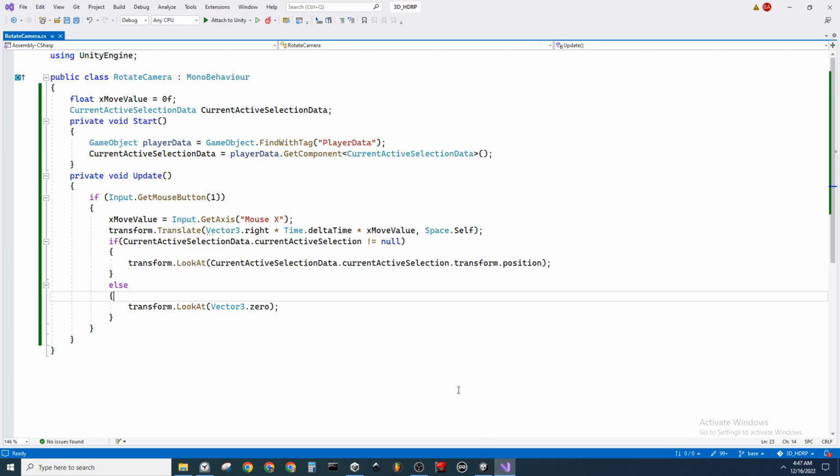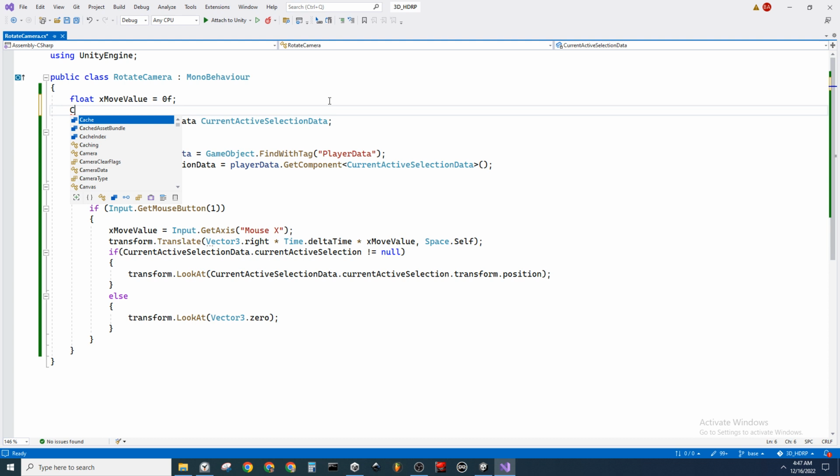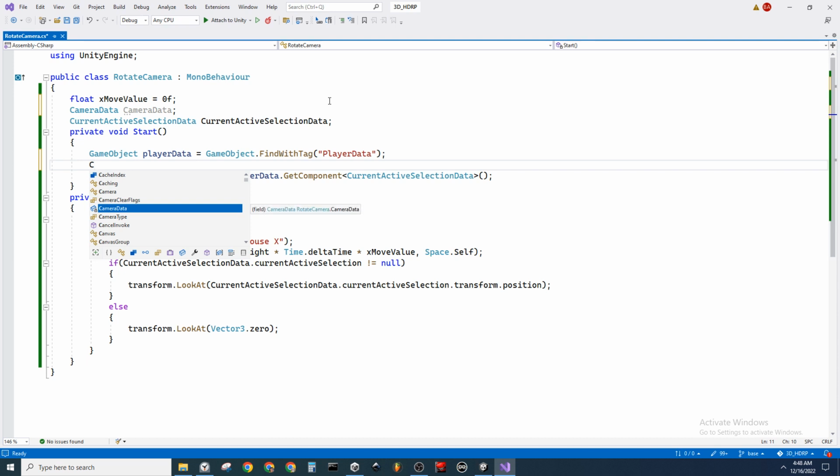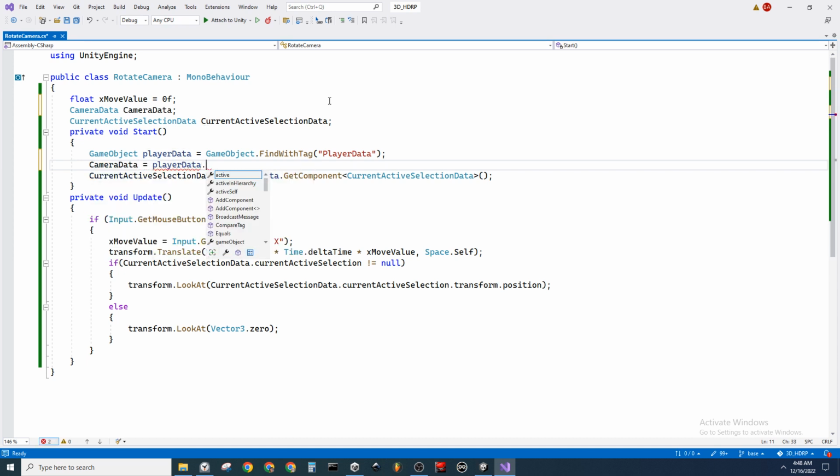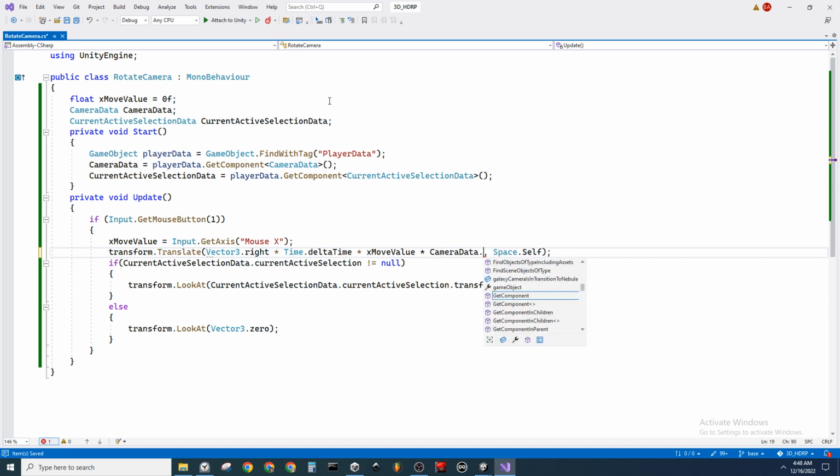but it'll rotate by, so it's going to move right by delta time, the move value, and then it's going to need camera data, whoops, see data, camera data. And look at that, it came in handy that I gathered the component like that. So now we have the camera data, and we need to come in here and just say times, oh, you know what? I do have to do this, camera data dot current camera zoom adjuster, and then I'm going to have to